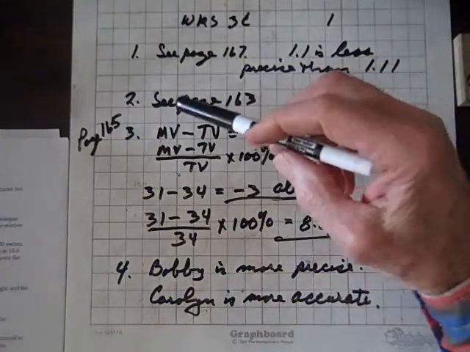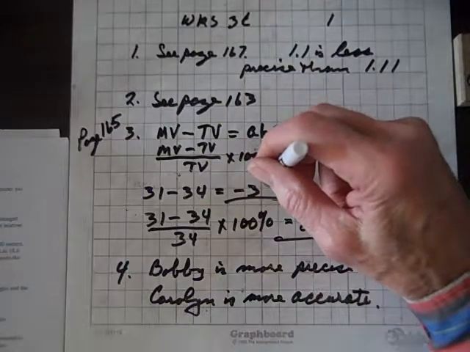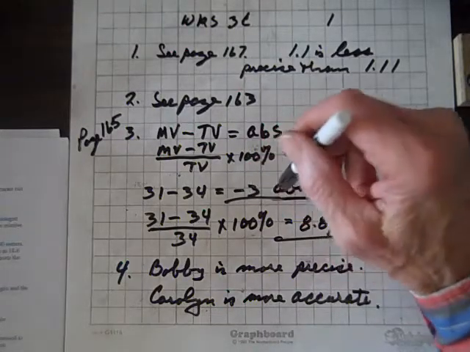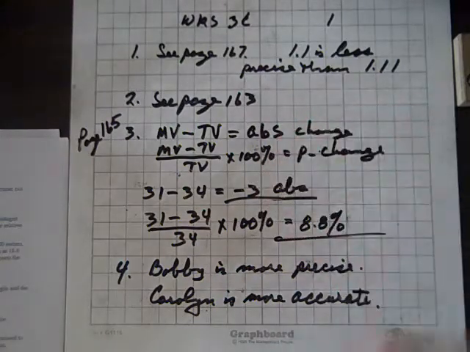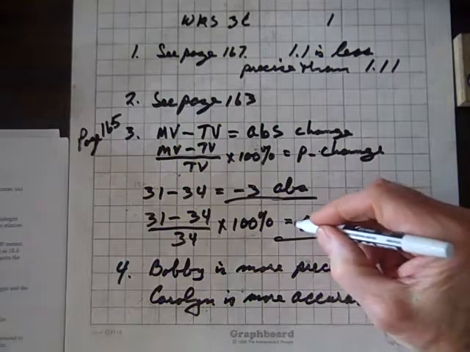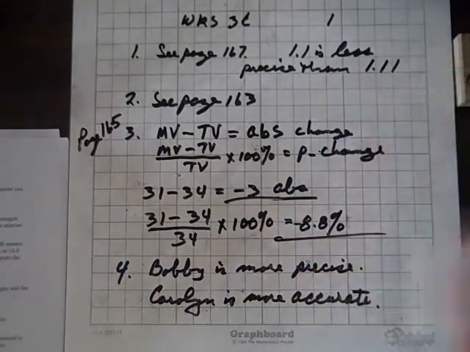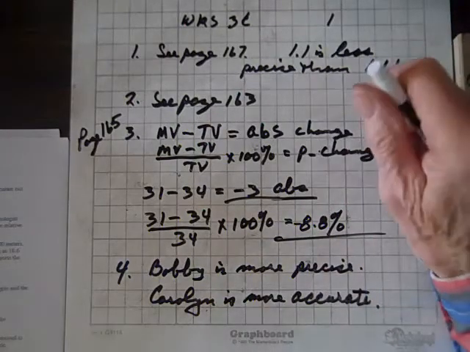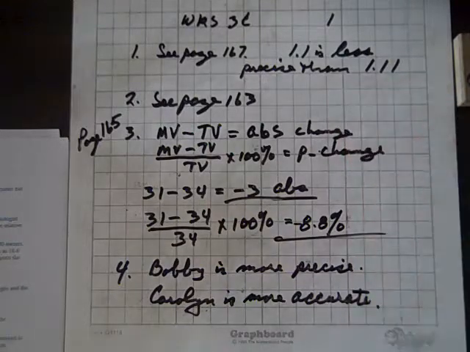So for number 3, the absolute error is minus 3 years. Whereas the percent change, and this should be a negative, is negative 8.8%. So for number 4, 2 students measure the width of a swimming pool whose actual width is